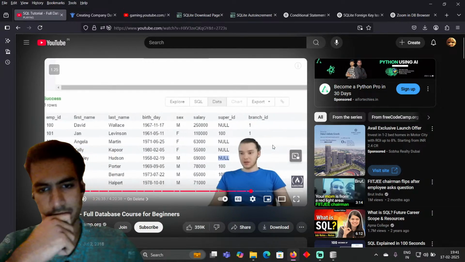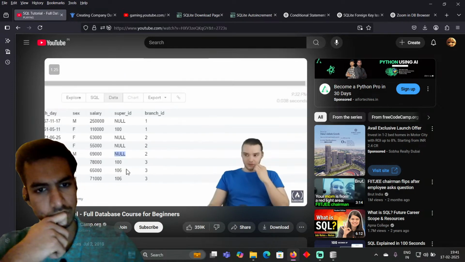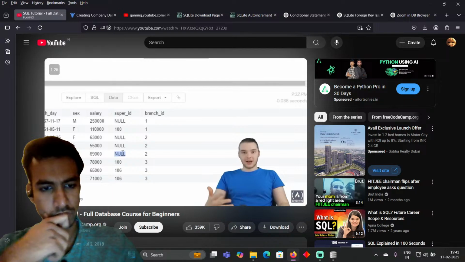You can see all these employees were at branch number 2. All of their super IDs ended up getting set equal to null because we had on delete